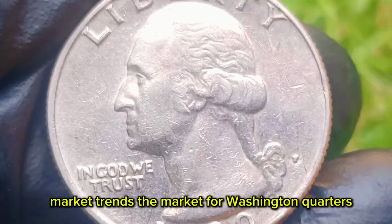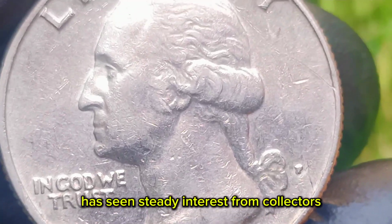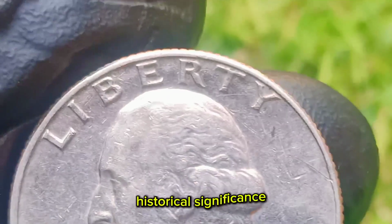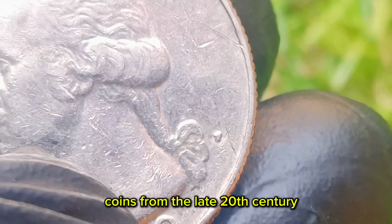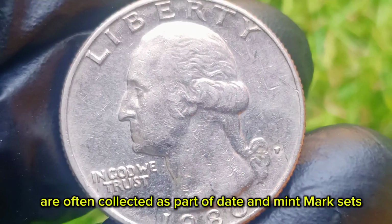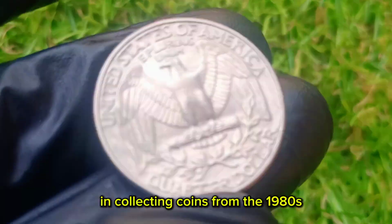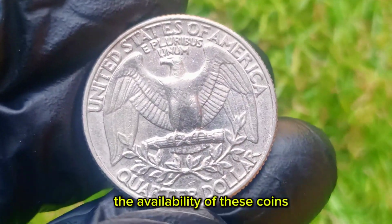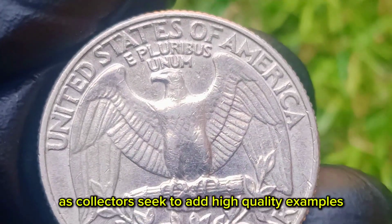Market trends: the market for Washington quarters, including the 1980P quarter, has seen steady interest from collectors. Factors influencing the market include the overall condition of the coin, historical significance, and the current trends in coin collecting. Coins from the late 20th century, like the 1980P Washington Quarter, are often collected as part of date and mint mark sets. In recent years, there has been an increased interest in collecting coins from the 1980s, partly due to nostalgia and the desire to complete modern sets. The availability of these coins in uncirculated condition has also driven demand, as collectors seek to add high-quality examples to